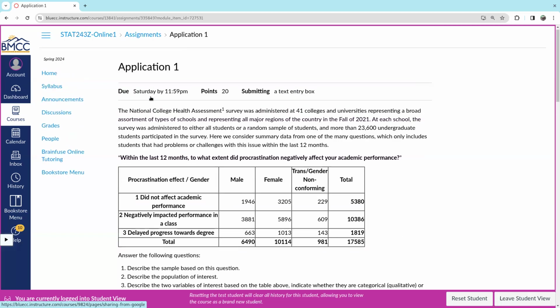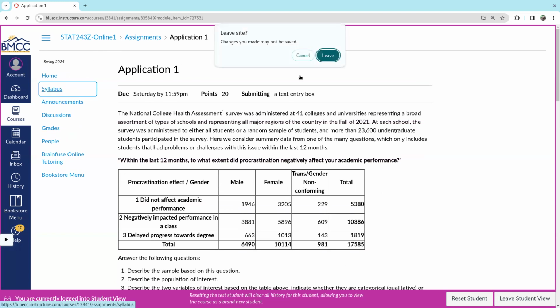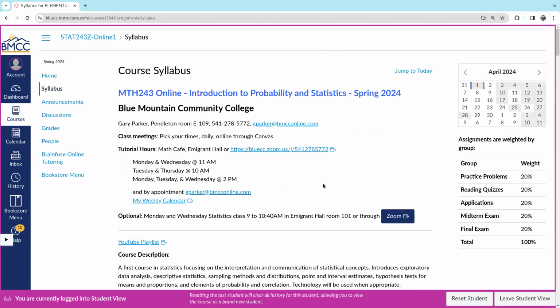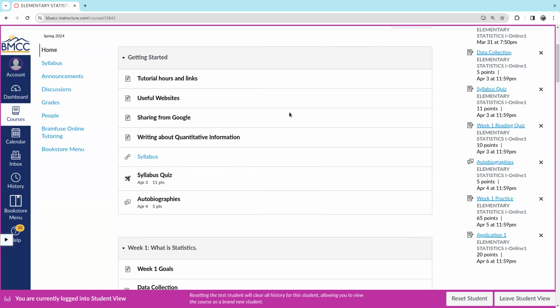If you have any questions as you're working on these assignments, please feel free to contact me about that. You could give me a call. My phone number's up here. You could write me a message. You could use the Canvas inbox to write to me. Additionally, practice problems have a message instructor button.